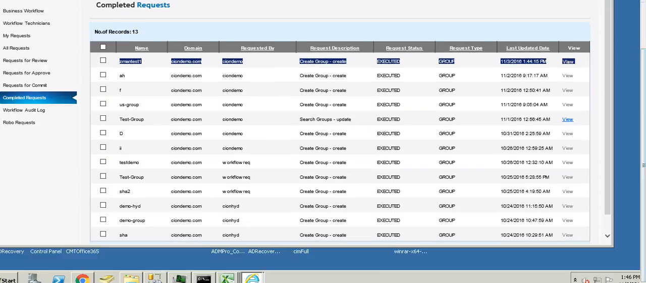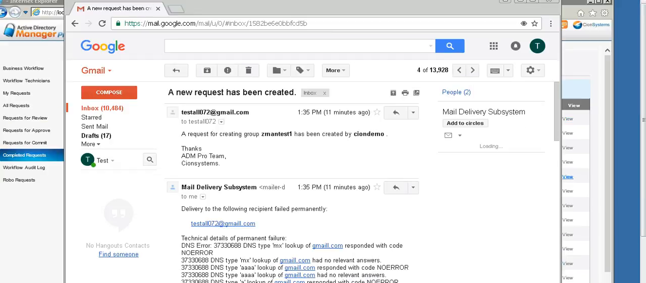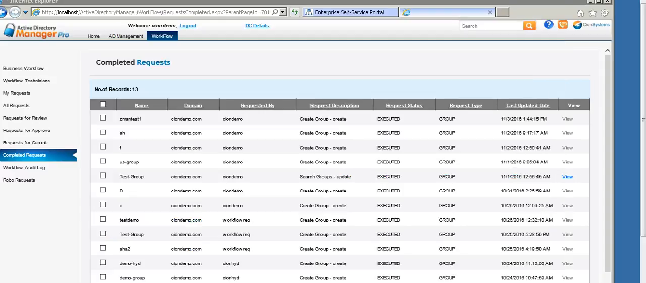Additionally, you're getting notifications etc. in your email. For example, new request was created and the approvers or reviewers got notified. So we have a complete workflow as well as notification mechanism for access management. And as you saw,